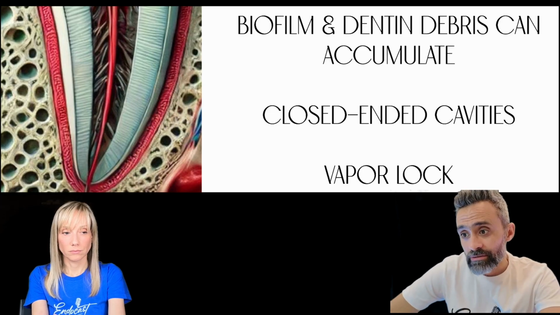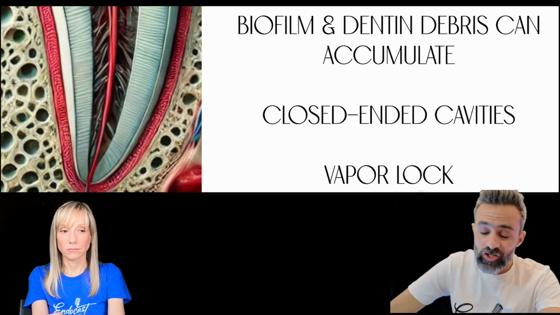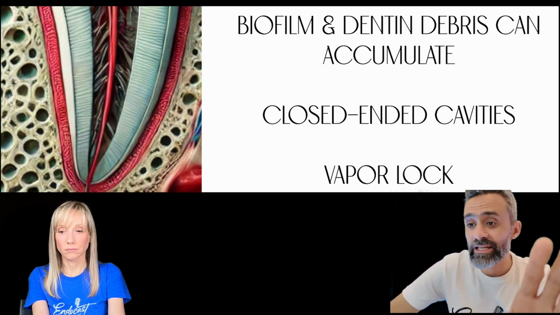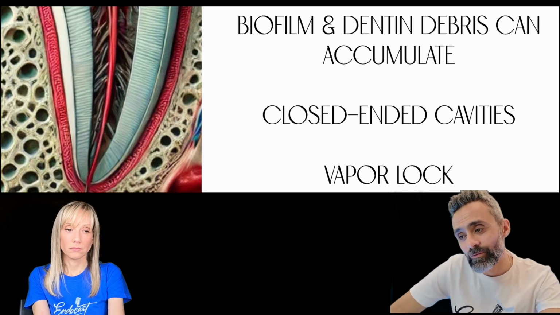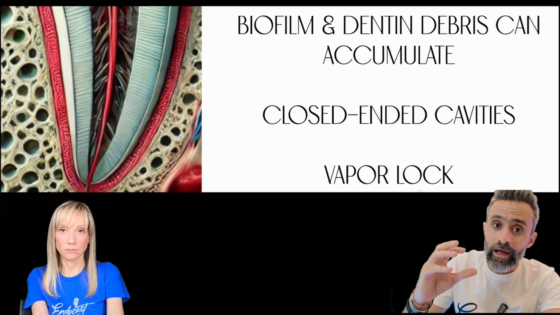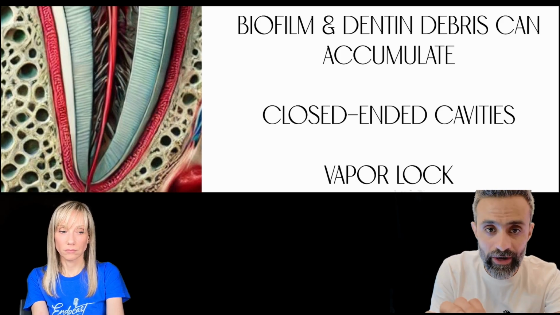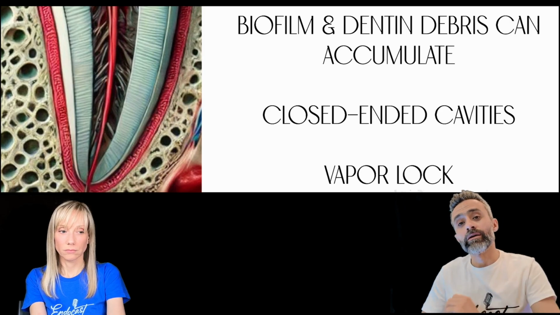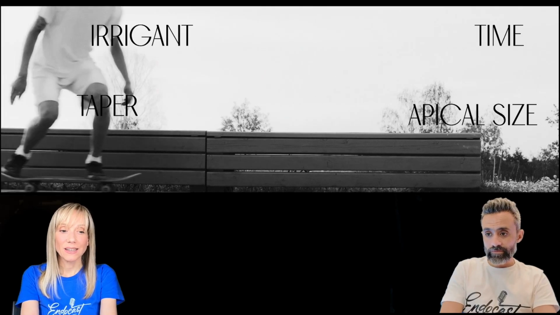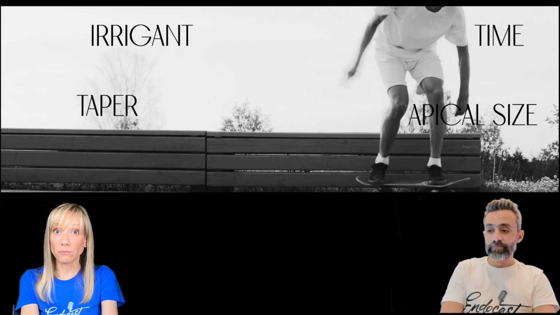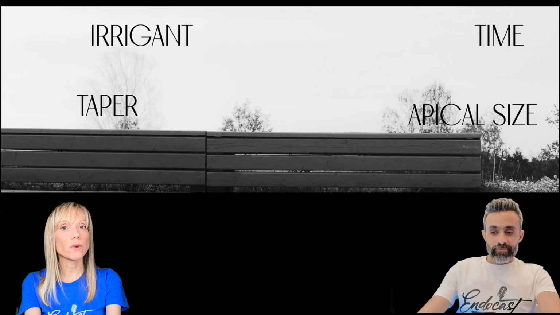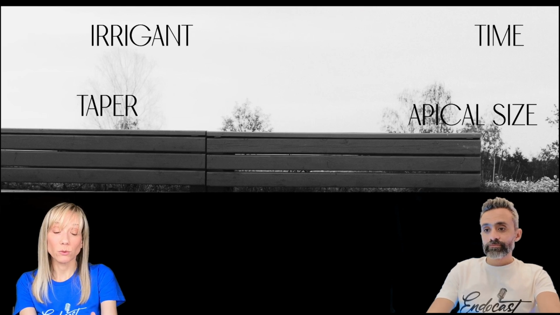And there is debris, dentin chips, organic tissues, biofilms, all of it accumulates inside the root canals and creates barriers. So even when we think we irrigate properly, in reality, large portions of the root canal are not flooded with our irrigant, which is really important in our treatment. So basically, they tell us that we have to find a balance between the taper of the instruments that we are using, the diameter of our apical preparation, the irrigant that we choose, and the time that we spend while